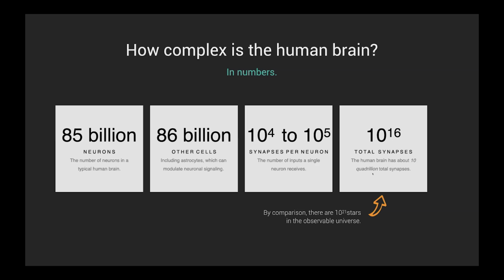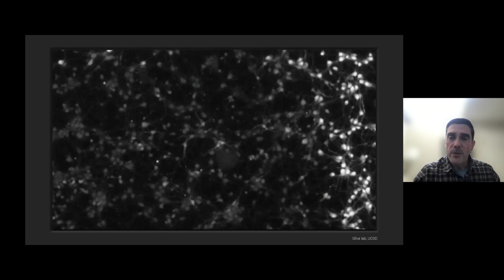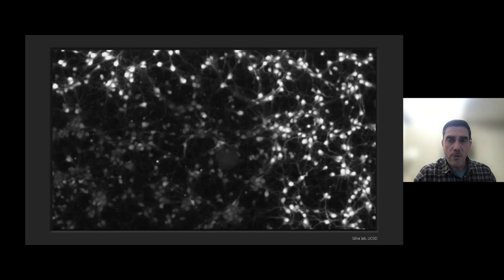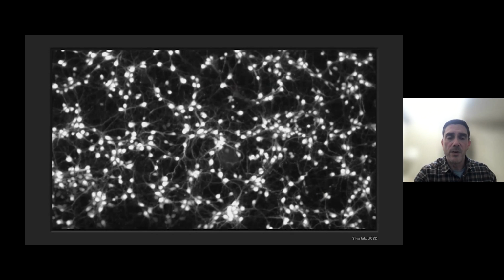magnitude. Now, the number I like to compare that to, there's about 10 to the 21 stars in the observable universe. That's a few more orders of magnitude, and I just emphasized how significant that is, but it's still a humongous number. This is the network that we are faced with attempting to understand from a theoretical and computational and engineering perspective. Now, typically, we take that incredible degree of complexity and, historically, it's been reduced down